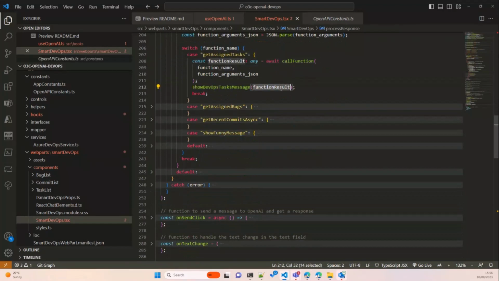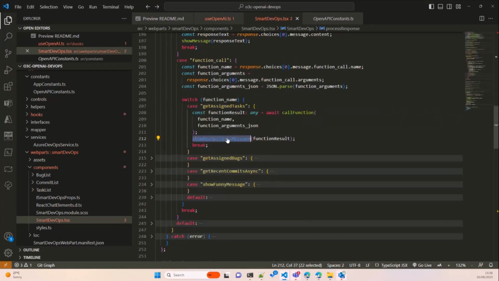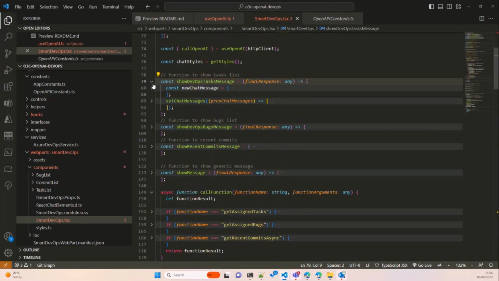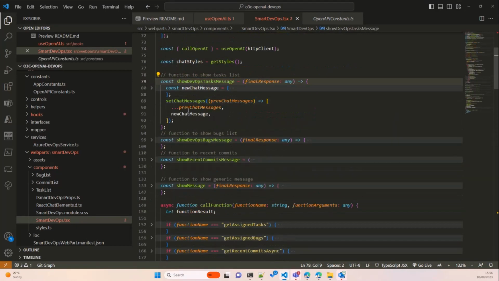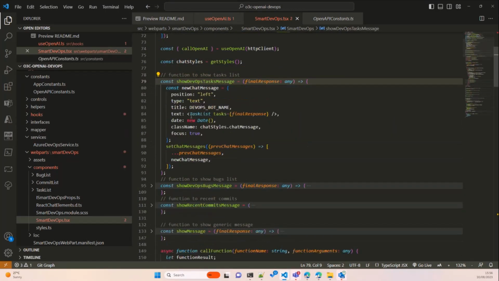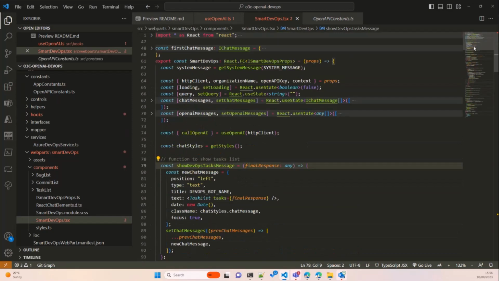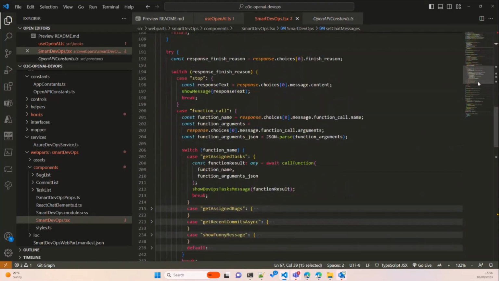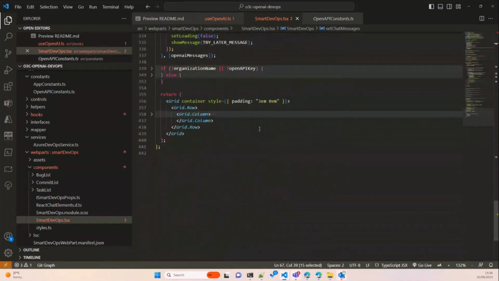So if I go back to here, once I've got the results, I can simply show the function result, I can simply show the DevOps task result, so I can break at this point. I don't have to go into the loop again. So I can show the DevOps task, and then set the messages, which is the type of array I'm using for the chat messages. And once all the chat messages are updated, I'm using